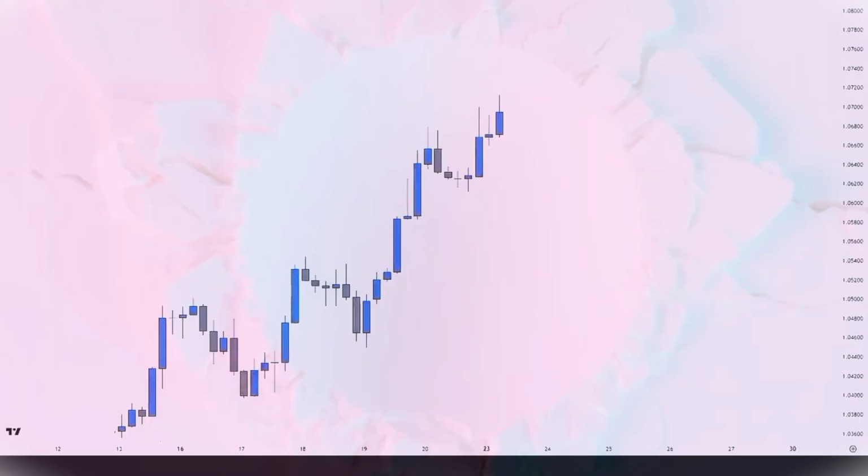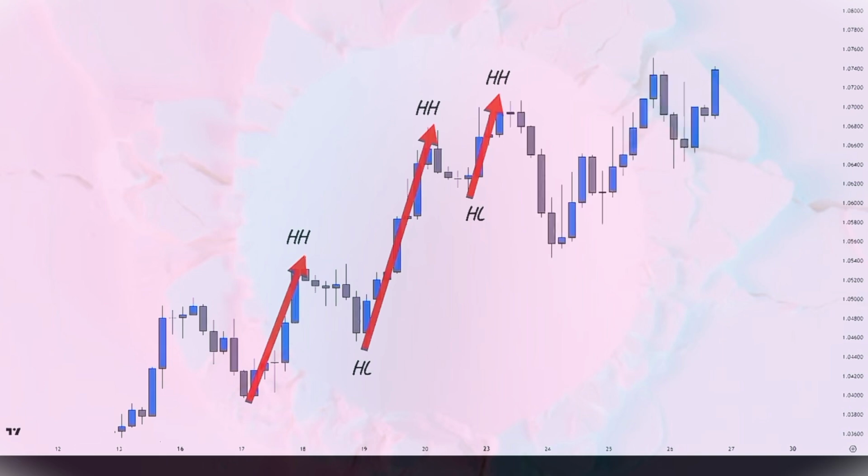If we apply the concepts of market structure, we would have 3 impulsive moves like this. All of them have created a new high. But look at the size of the third impulse. It's barely even half of the previous move. So in this case, if the price breaks below the swing low, we won't consider that as a valid change of character. A valid change of character occurs when the latest impulse is at least half the size of the